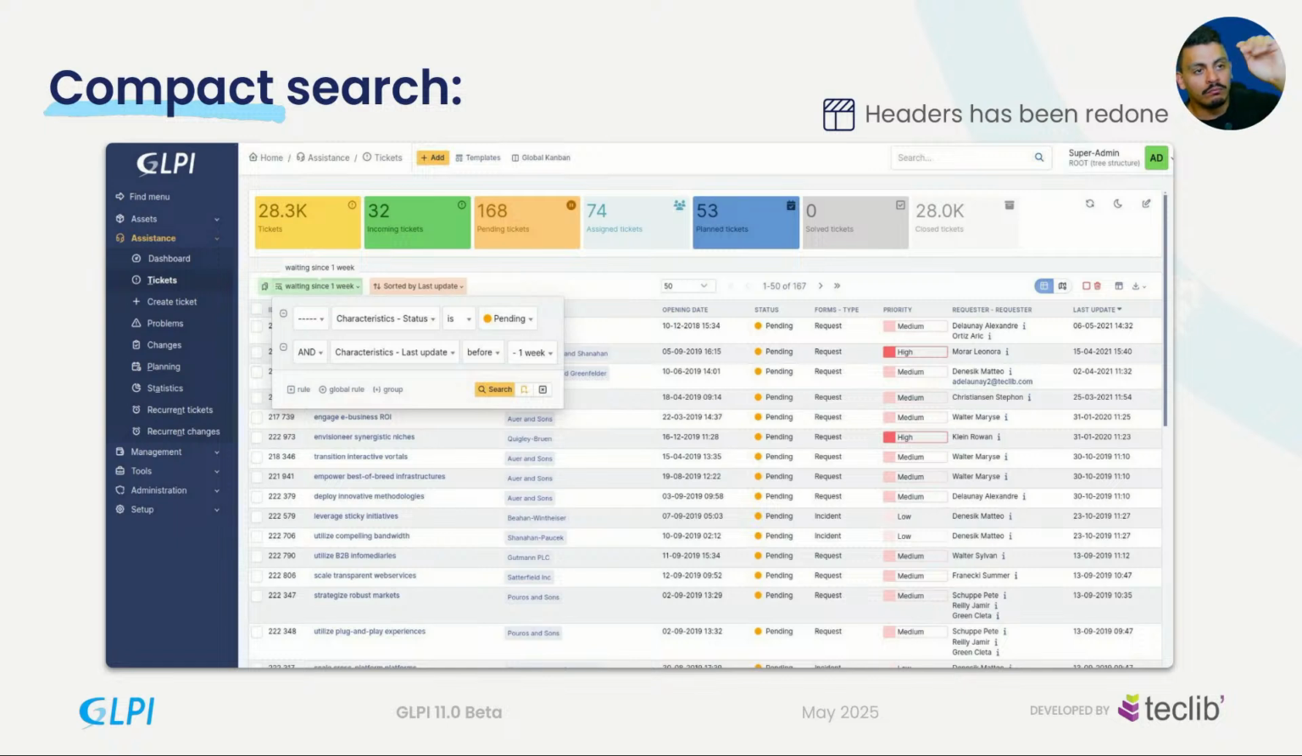Now you can just create them, click on search, and then just hide. What is in green, where you see "waiting since 1 week", is the name of the saved search or the criteria that you have for your search. And in orange, it's another feature that we've introduced before already, which is the sort of your tickets, of your